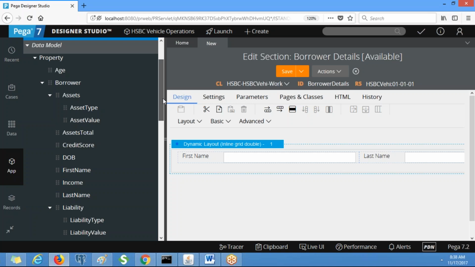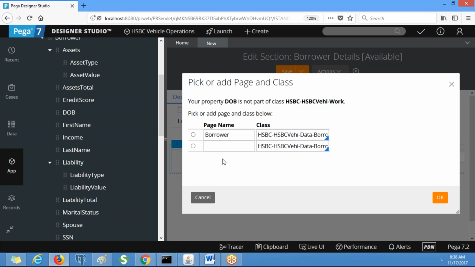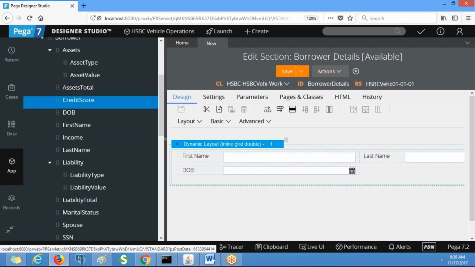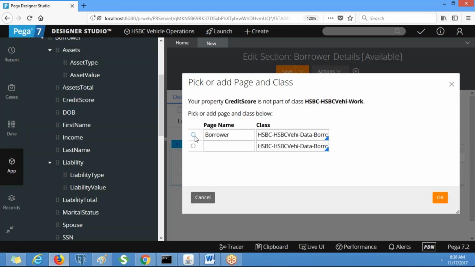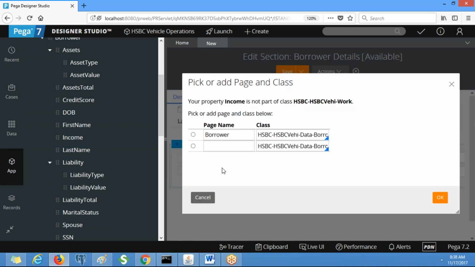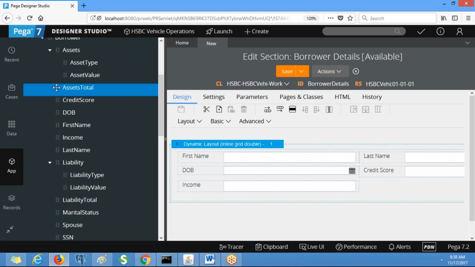Next, date of birth. You just select the radio button which is having page. That's it. Credit score, income, next asset total.